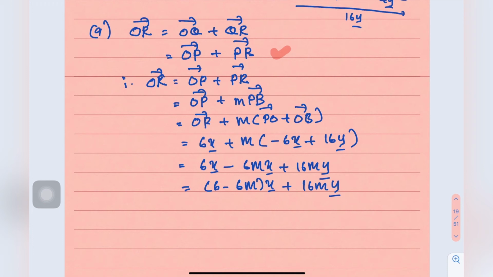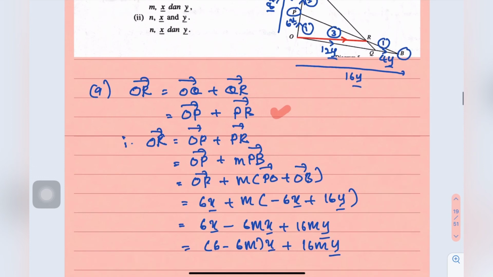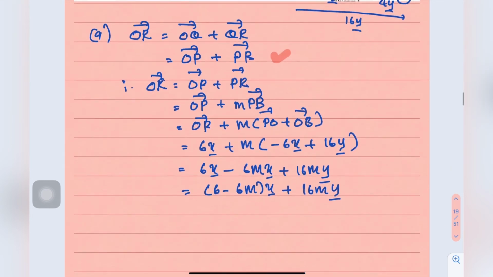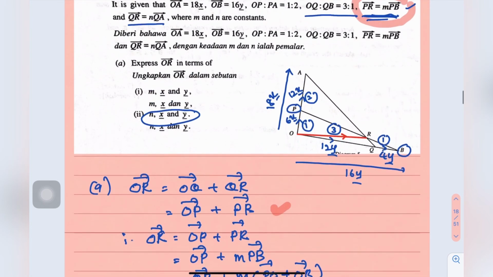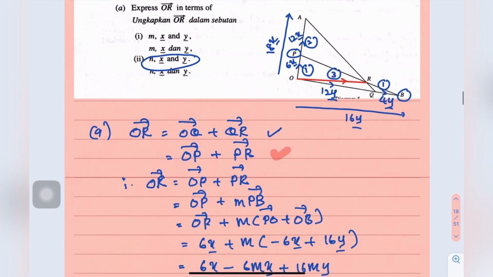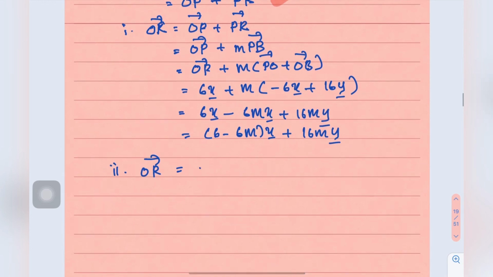Okay, so done. So the next one, yang B, so we are going to find OR as well, tapi in terms of n, x, y. So the second one, OR in terms of n, x, y. So n tadi dekat sini kan ada ni. So kita gunakan yang the second one lah. OR equals to OQ plus QR, sebab QR dia lah nQA. So OR equals to OQ plus QR. Okay, from the question, OQ ni ialah